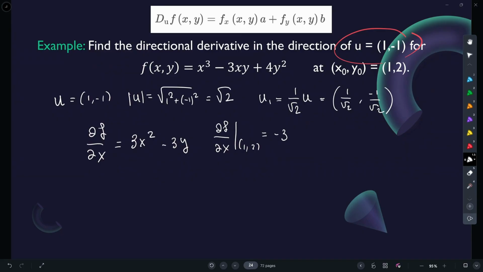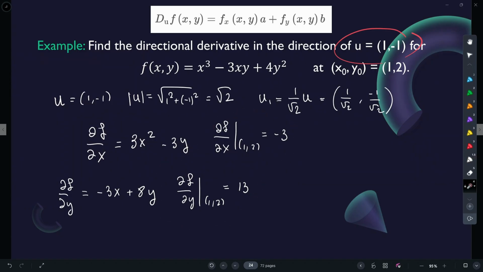Okay? Now I take the derivative with respect to y. With respect to y, I'm going to get minus 3x plus 8y. Right? Let's take this derivative with respect to y this time. I get this. Evaluate at 1, 2, and now I get minus 3 plus 16, that's 13. Okay? And finally, I can take, let's remember this,